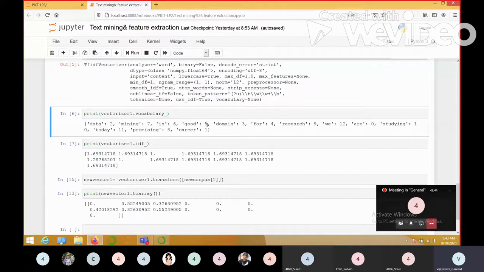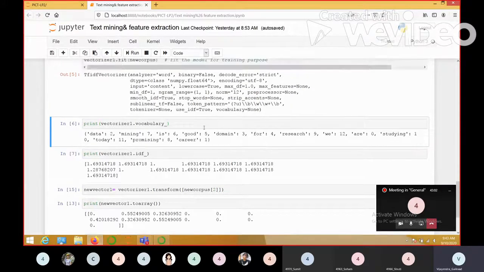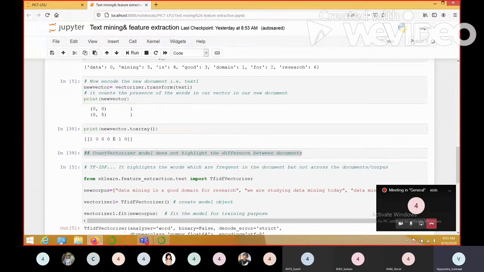Considering all the 3 documents in our corpus, all the words except the stop words are mentioned over here, and you can see every word is assigned a value. Why this value is assigned, we'll get to know in a while.